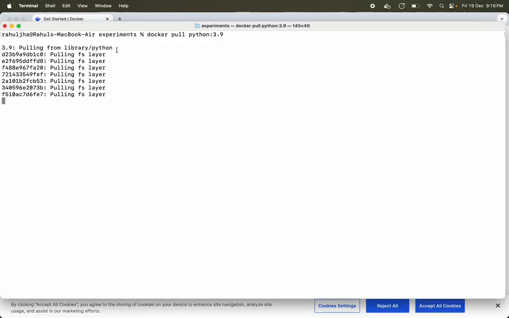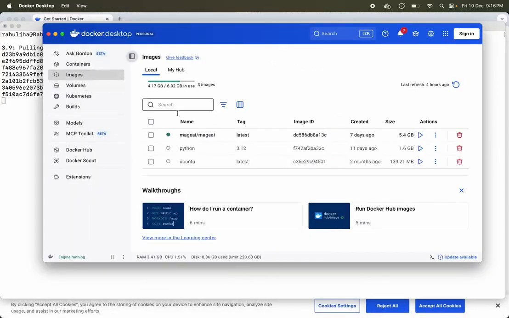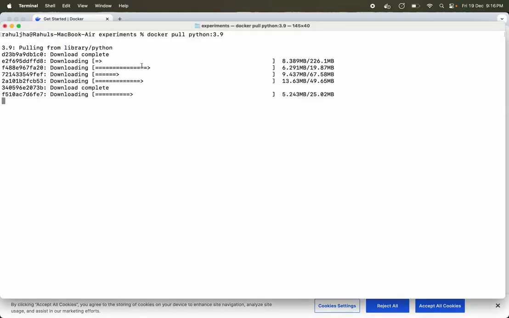So it is pulling this image. Now if I look at my images, I currently have a Python image, but it was of a different version. Okay, so that's why it has to pull this image from the internet. I'll also show pulling another image and how to work with it, but bear with me. What it is essentially doing is pulling this image layer by layer. Now these layers can be defined using what is known as a Dockerfile.